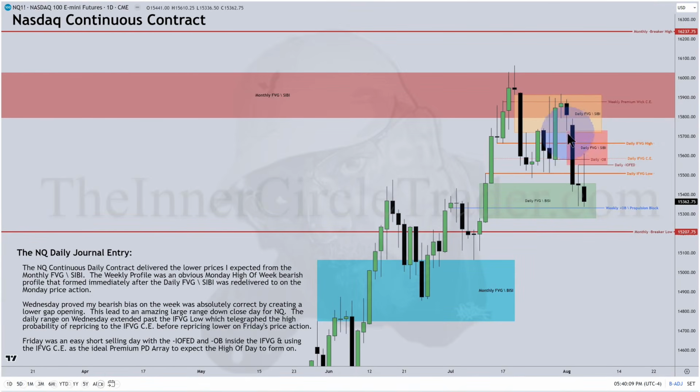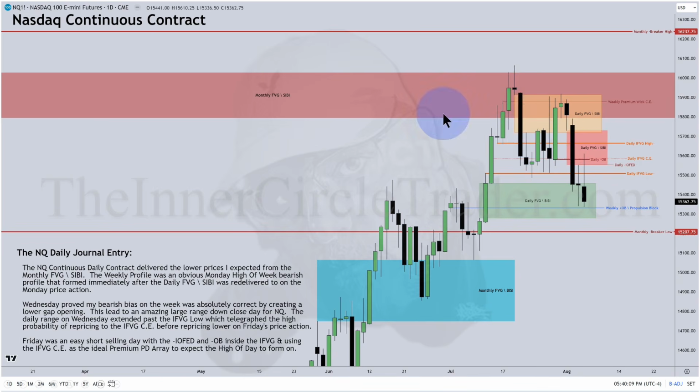We have a SIBI here. So it's a daily fair value gap, SIBI. Down candles that make a fair value gap is a SIBI. Up close candles that make a fair value gap is a BISI. Okay, so this inefficiency here